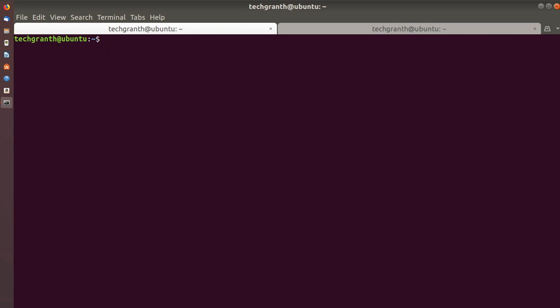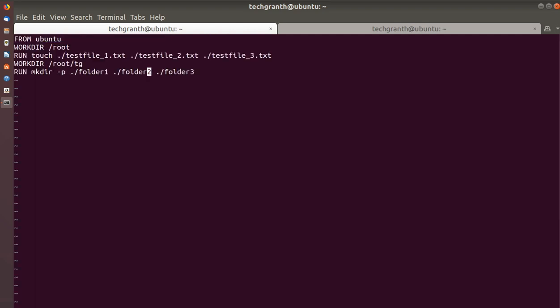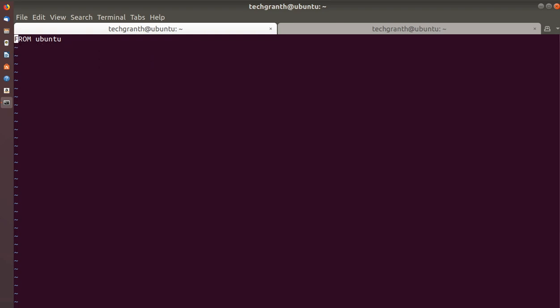Control L to clear the screen, and let's change our Dockerfile. Last time we had WORKDIR, so we will just delete this, and we will use the COPY instruction here.